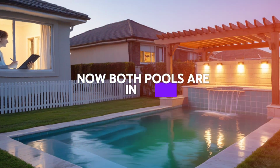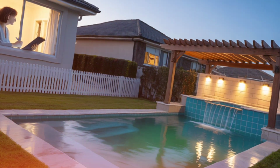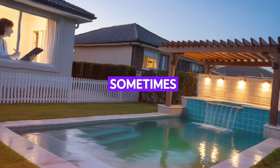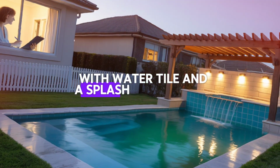Now both pools are in use. I rent the second home to a lovely couple who love hosting. Our block has never been more alive. Karen, meanwhile, has installed blackout curtains in her upstairs windows. Sometimes the best way to handle HOA nonsense is to beat them at their own game. With water, tile, and a splash of pettiness,